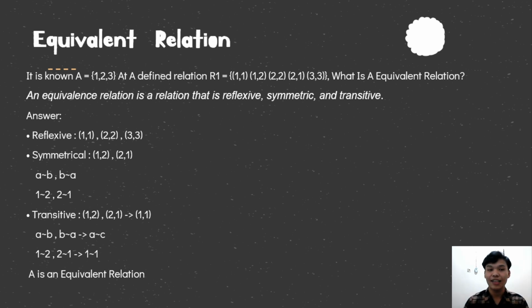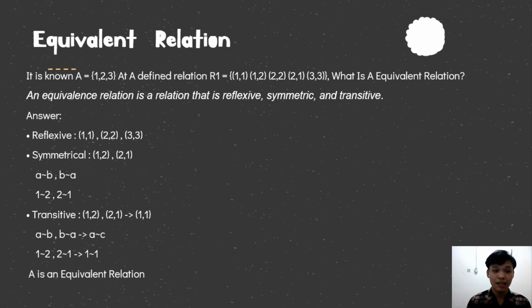The next is equivalent relation. It is known A is equal to {1, 2, 3}. A times A defines relation R1 is equal to {(1,1), (1,2), (2,2), (2,1), (3,3)}. What is an equivalent relation? An equivalence relation is a relation that is reflexive, symmetric, and transitive. The answer: